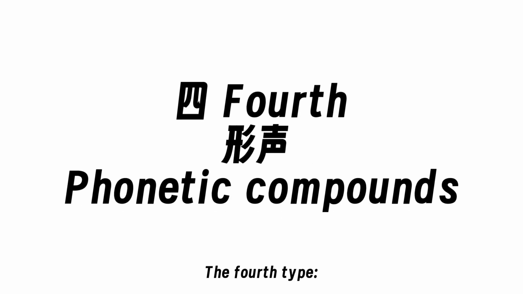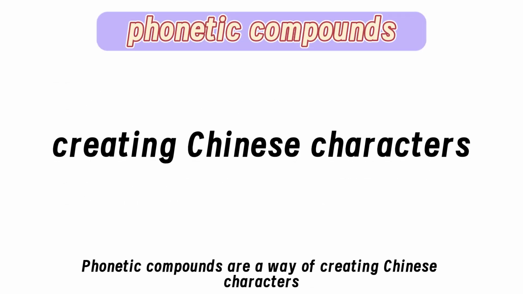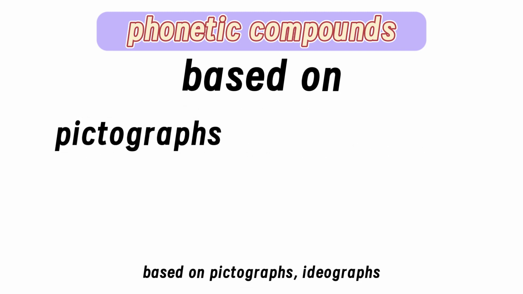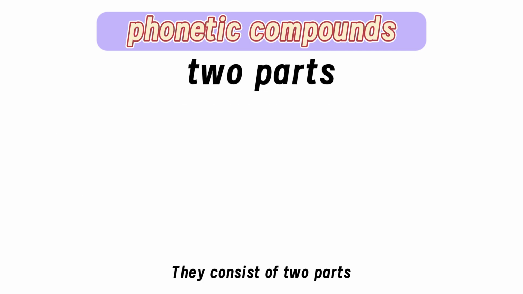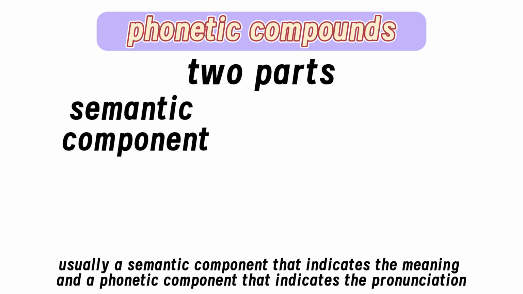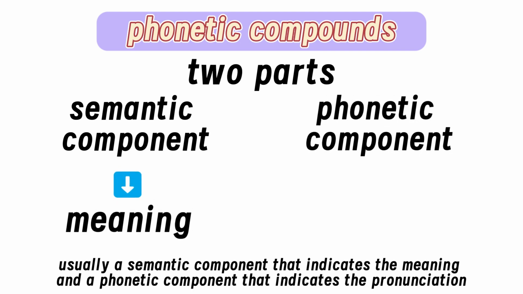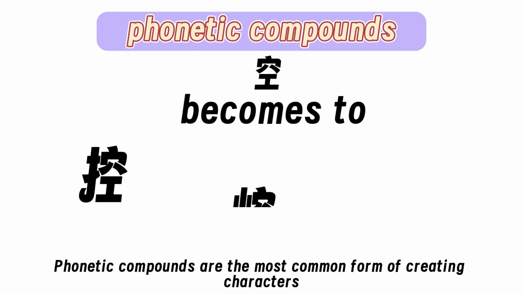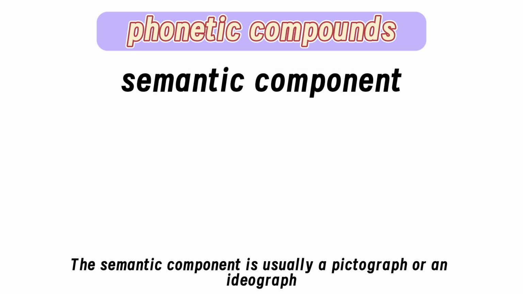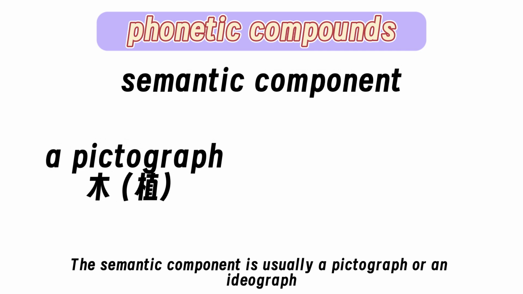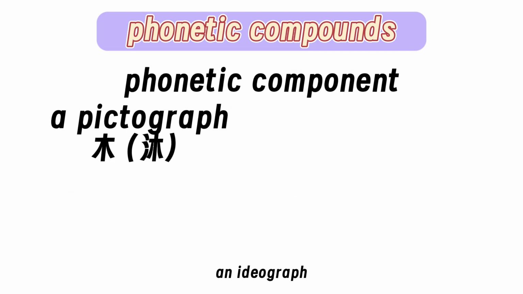The fourth type, phonetic compounds. Phonetic compounds are a way of creating Chinese characters based on pictographs, ideographs, and ideogrammic compounds. They consist of 2 parts, usually a semantic component that indicates the meaning, and a phonetic component that indicates the pronunciation. Phonetic compounds are the most common form of creating characters. The semantic component is usually a pictograph or an ideograph, and the phonetic component can be a pictograph, an ideograph,